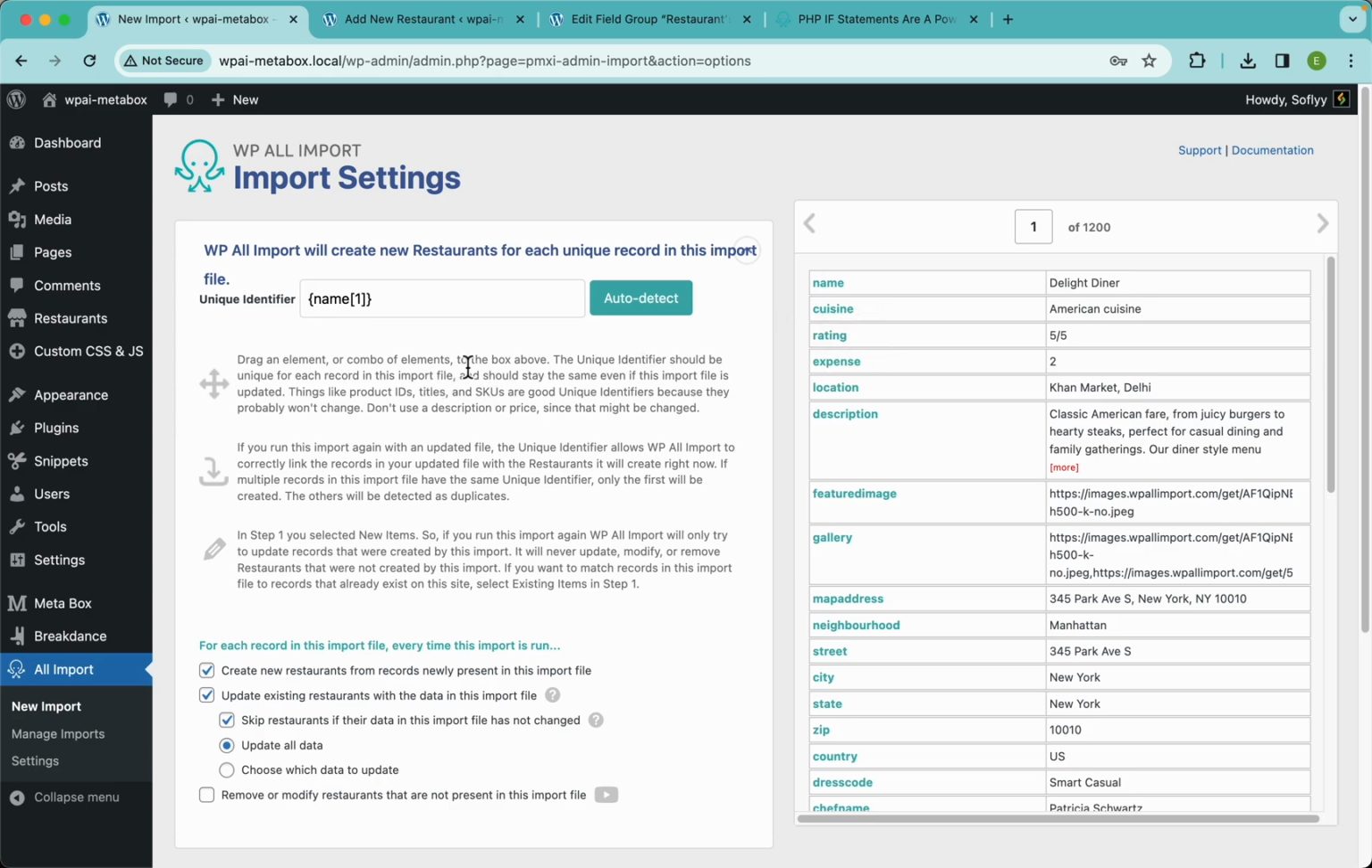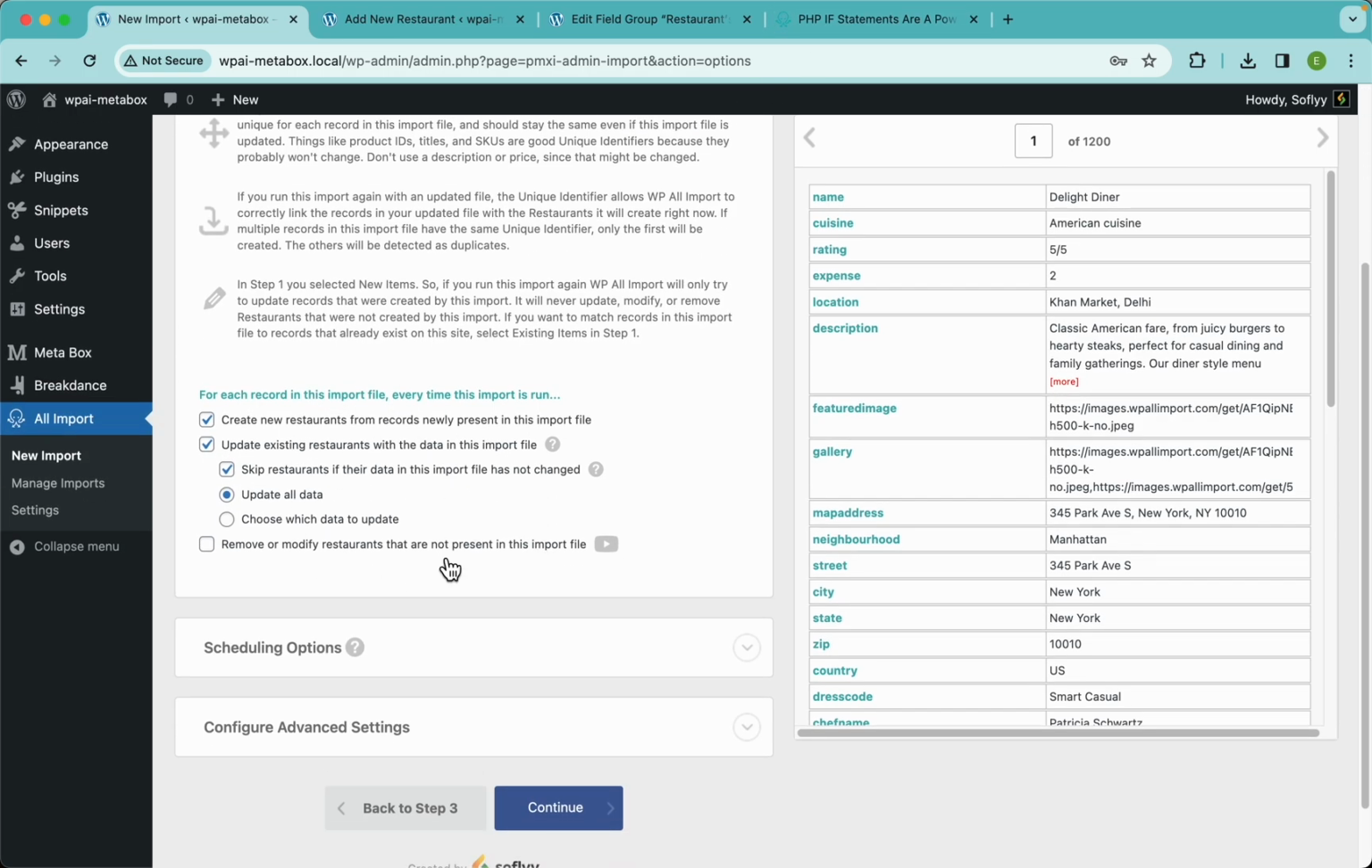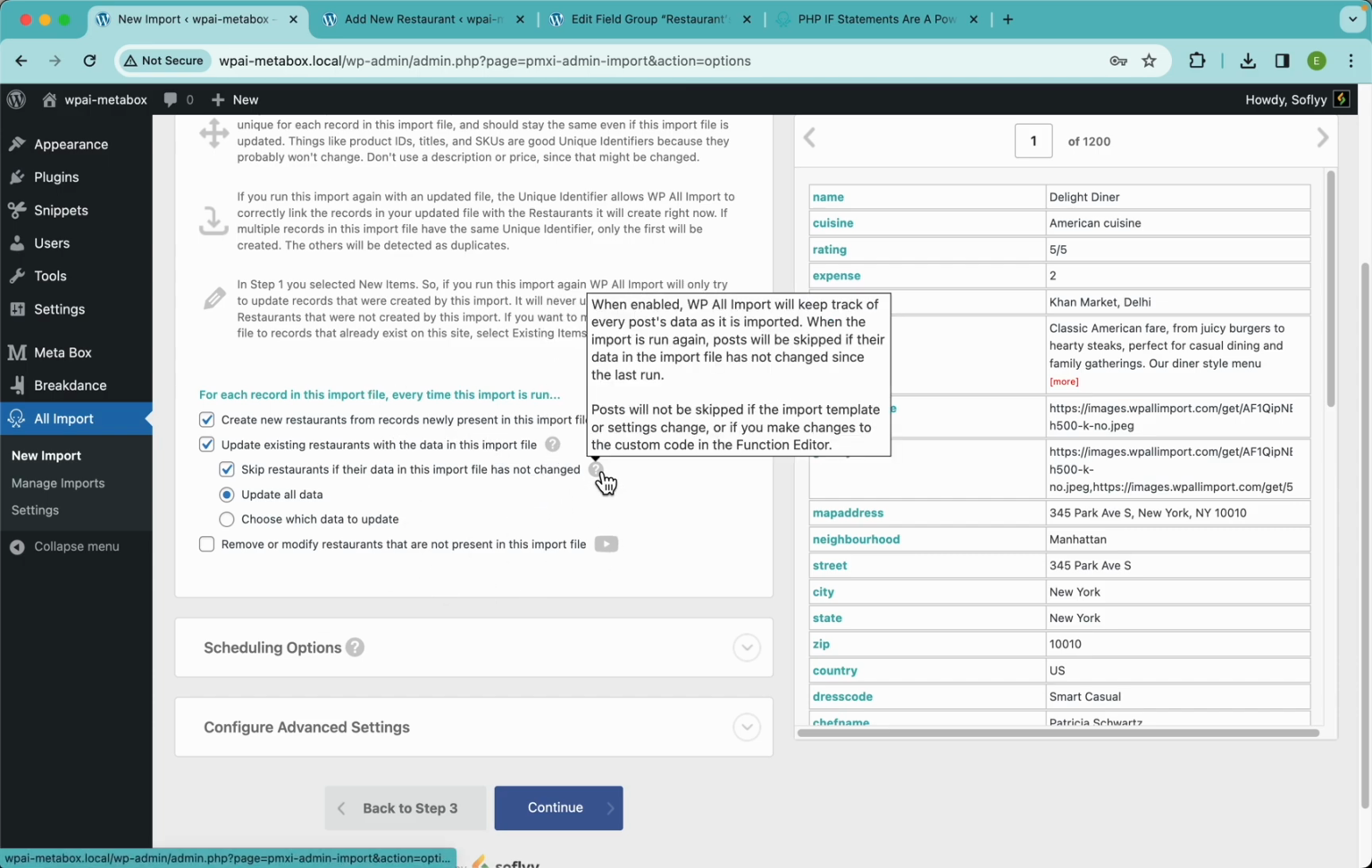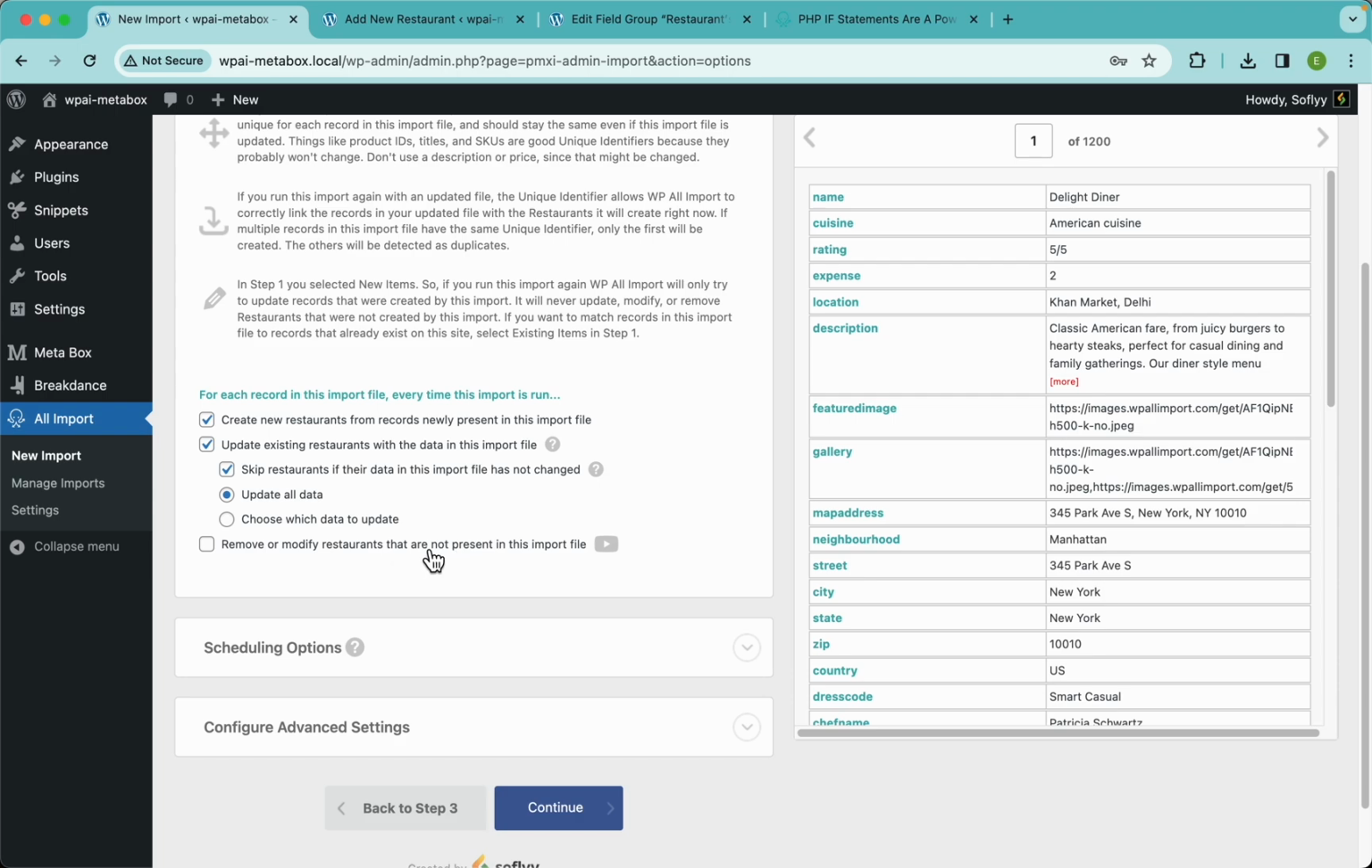You can read this, or you can go nuts here in our docs and read more about this. All right, so these options are basically for when you need to rerun this import. So we're gonna just skip all of this, but you can hover on this question mark and it will show you a lot more info of what this option does. You can also click here on this YouTube icon and you will be taken to a YouTube video where we talk a little bit more about these remove or modify restaurants that are no longer present in this import file